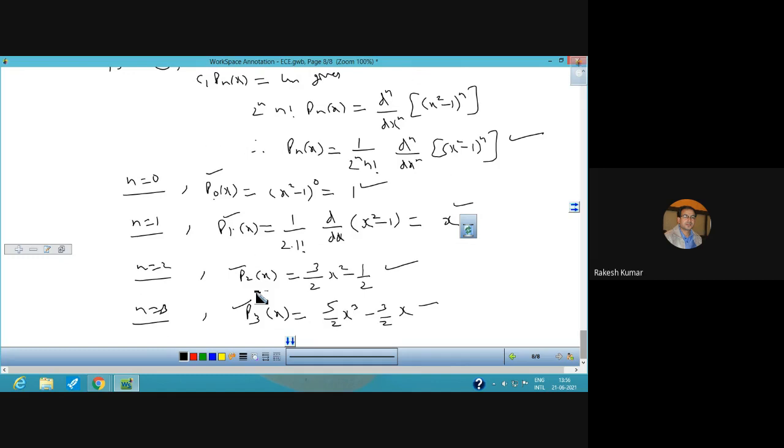So Legendre Rodrigues is a formula which will be able to give us the values of Legendre functions. So Legendre function भी बोल सकते हैं, Legendre polynomial भी बोल सकते हैं. So P0, P1, P2, P3, so on. जितनी मर्जी चाहे आप सारी की सारी वैल्यूज Rodrigues formula से फाइंड कर सकते हैं.